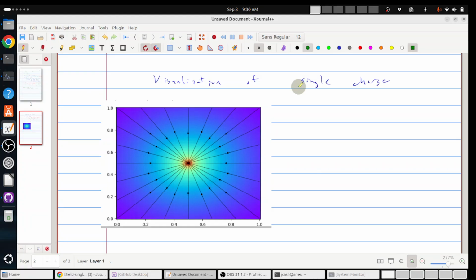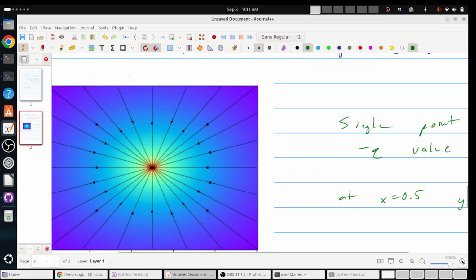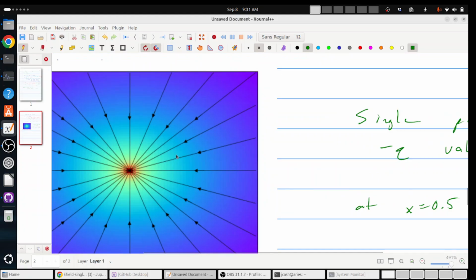And so I'm going to mark down here that this was a single point charge, which was a minus q value, and it's at x equals 0.5 and y equals 0.5. Okay? Now, if I zoom in here a little bit more, you can start to see that these arrows point inwards towards the center,